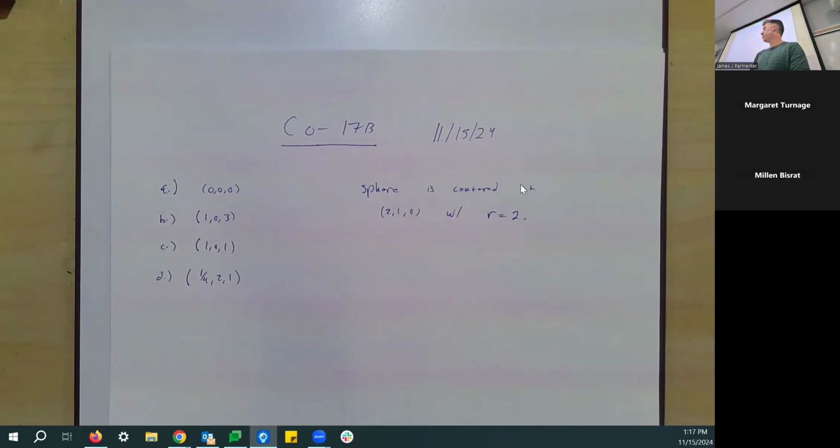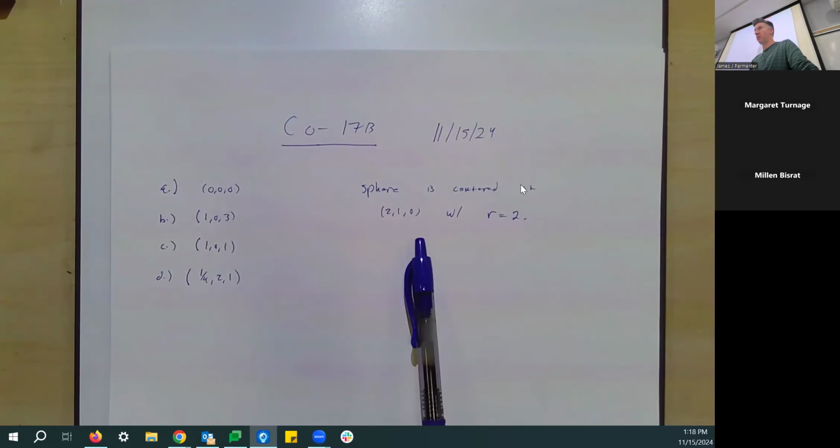Determine what vaccine does that? I can't quite remember that. Determine, whether, I don't know. Determine if the vaccine is going to be effective. So basically, they're just asking which of these points is within the sphere of radius 2 centered at the point